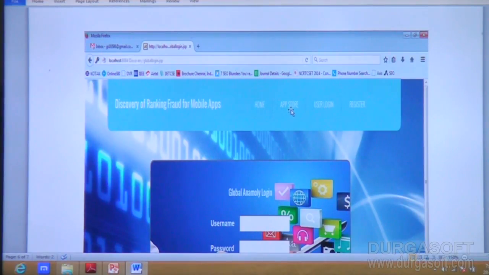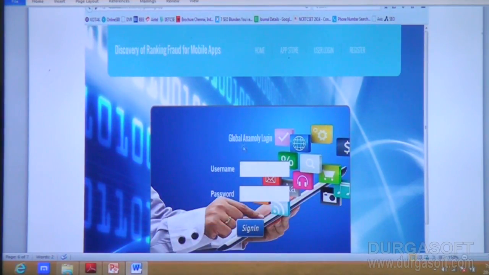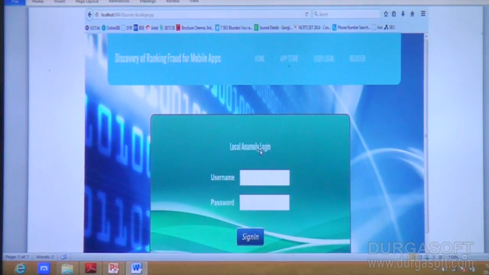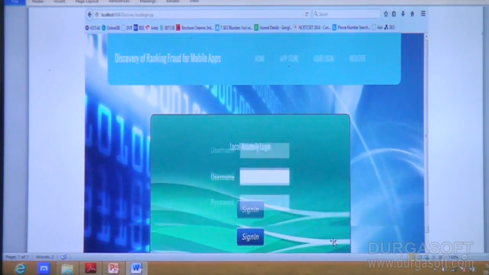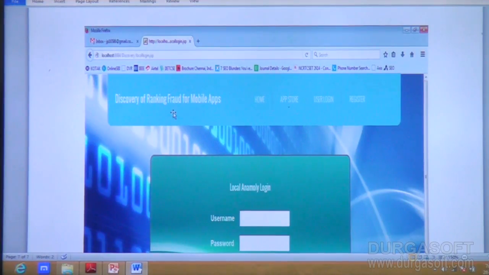Here we are giving the App Store. We have two things: global anomaly and local anomaly. I can log in with the global anomaly, and I can also log in with the local anomaly. With both logins, I can rate the mobile applications, and meanwhile our application genuinely calculates the evidences, and finally tells you where the ranking fraud has been done, with the help of three evidences.